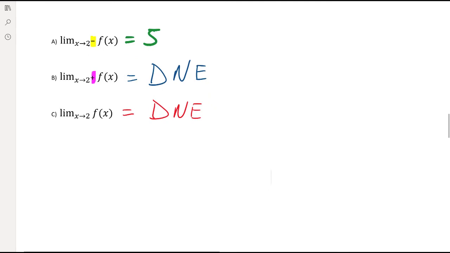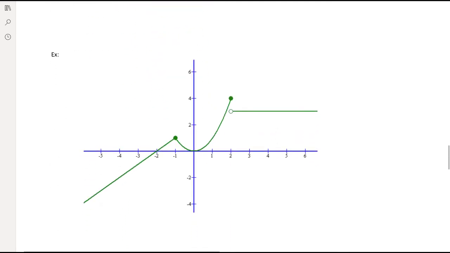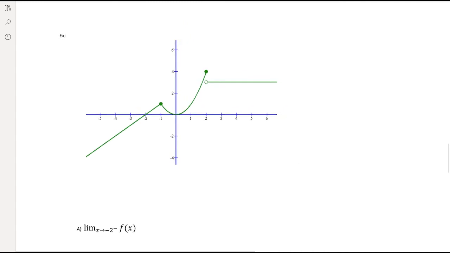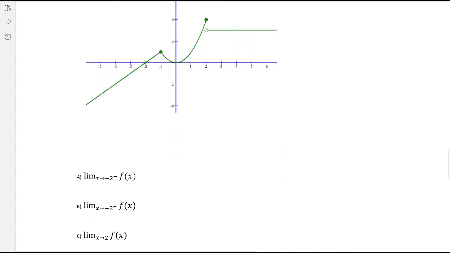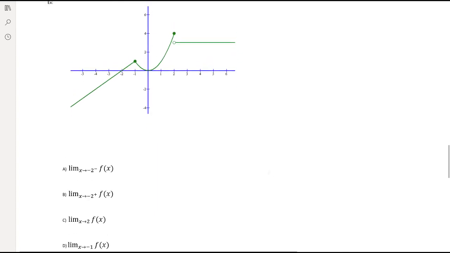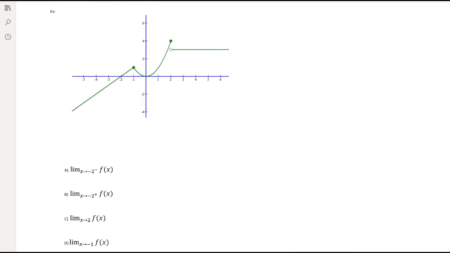Now let's get into limits from graphs. Okay, so let's see, let's make this a little smaller. All right, so for example here, we have the following function. Okay, I'm trying to put this all on one slide here. All right, so the green graph is the graph of f of x. Okay, so it's a graph of f of x. And let's just go in order. So part A,